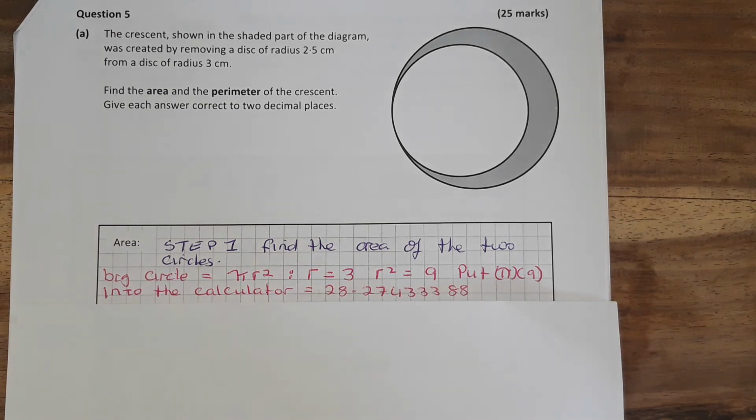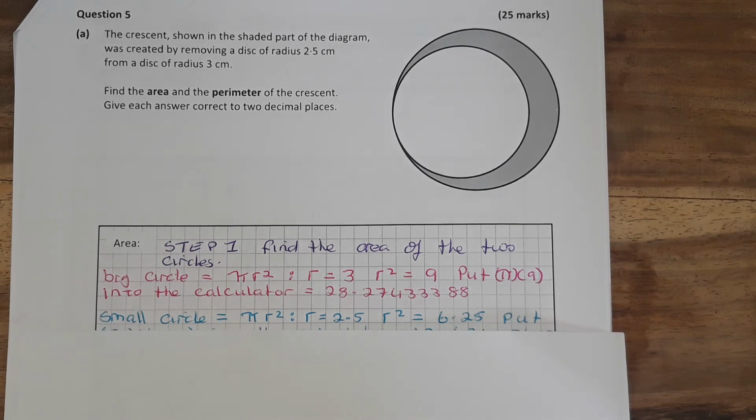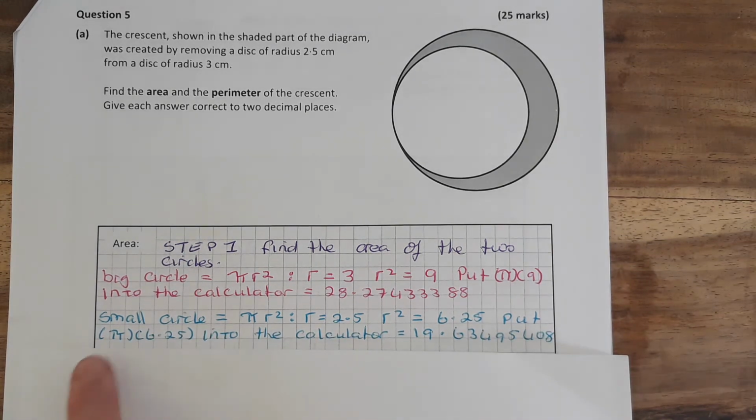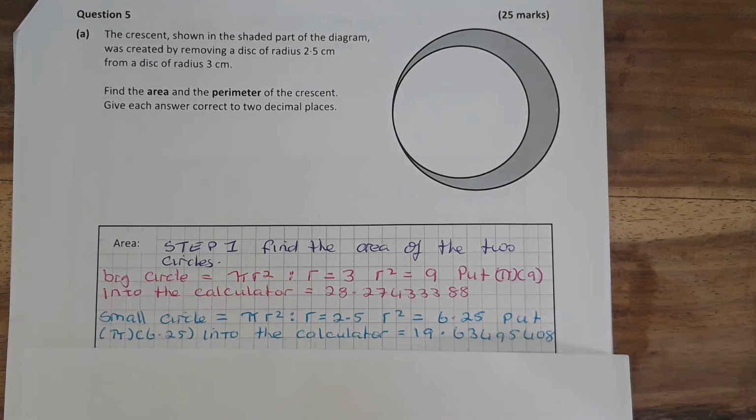Do not reduce this down to 2 decimal places yet. Do that at the very end or you'll get a slightly wrong answer. Now the small circle, again, we're using pi r squared. This time r is 2.5, so r squared is 6.25. So put bracket pi bracket 6.25 bracket into your calculator and you get